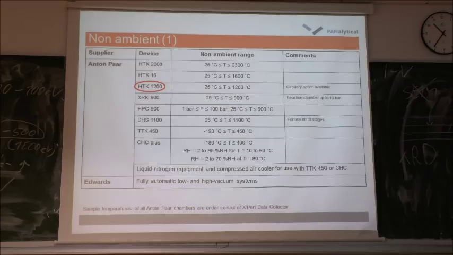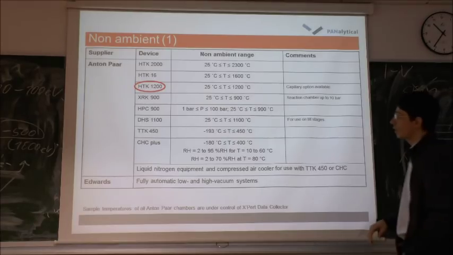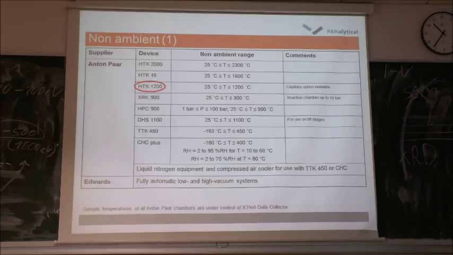We bought the one which is in the circle. So these are Anton Paar cameras. The one we have can go up to 1200 degrees C. We can go even higher, but then you have certain drawbacks and certain benefits. Of course, we decided for this one because you don't contaminate your chamber as much as when you work with the chambers that go higher, because in those chambers you have a direct contact of the heating element with your powders, and this is then causing a lot of problems